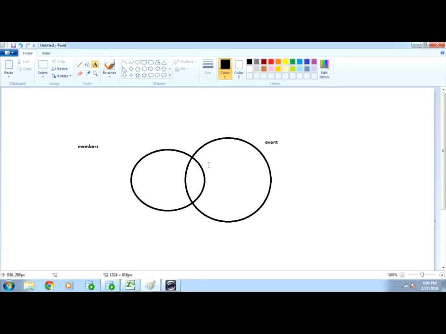The portion where both the circles are intersecting is the result of our inner join. This means the data from members that has something common with the event data, and based on that relationship in common we will get the output.